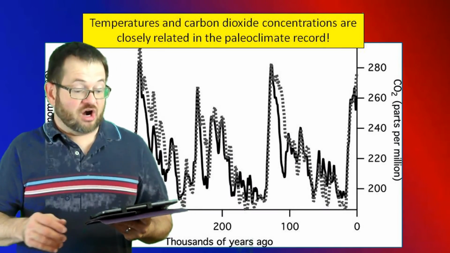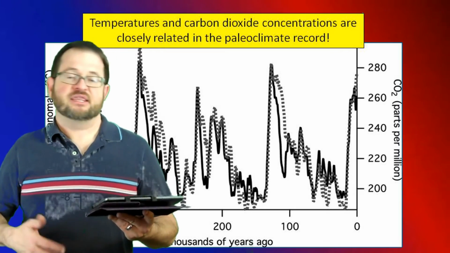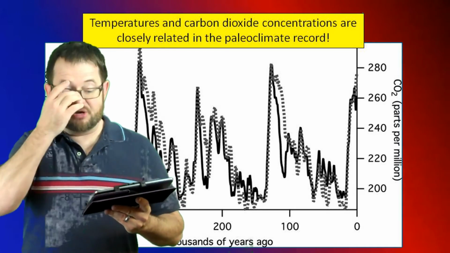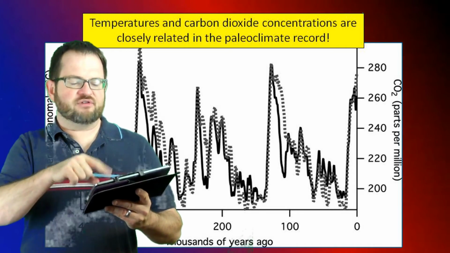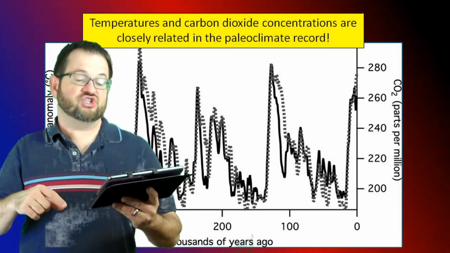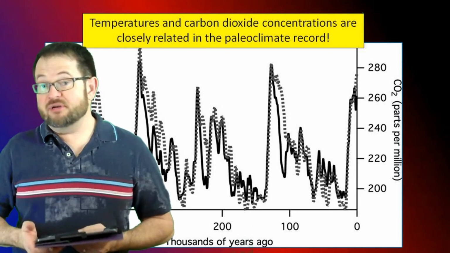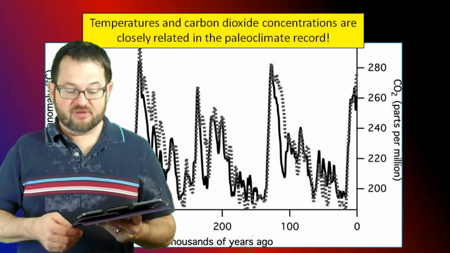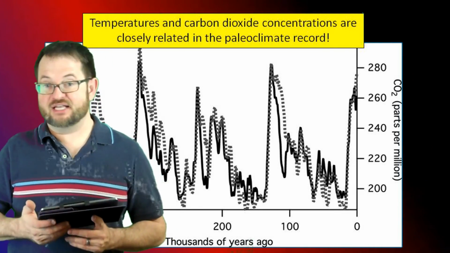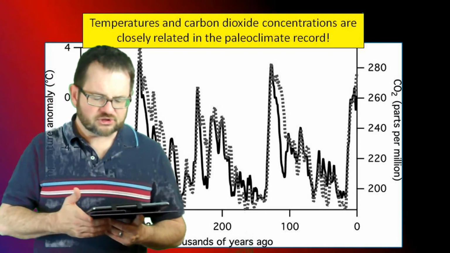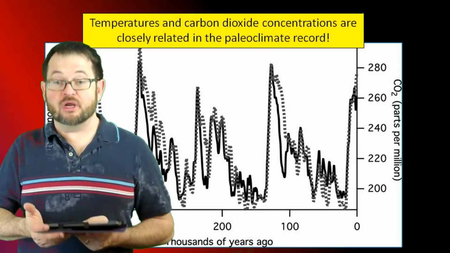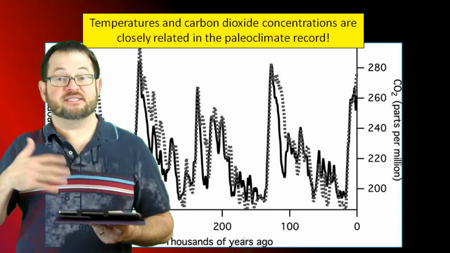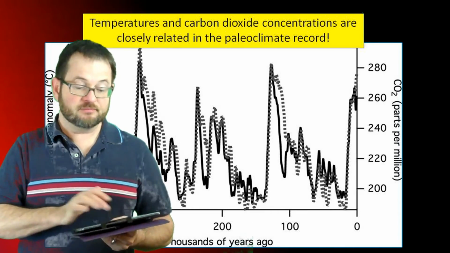Part of the story, though, is also carbon dioxide. On this graph, the solid line is a record of temperature. I believe this comes from Antarctic ice sheets. The concentration of carbon dioxide is shown there in the dotted line. And carbon dioxide, an important greenhouse gas, pretty much shows exactly the same thing as the ice age records. So carbon dioxide is certainly a big part of the story as to whether or not the planet is in a glacial or an interglacial period.